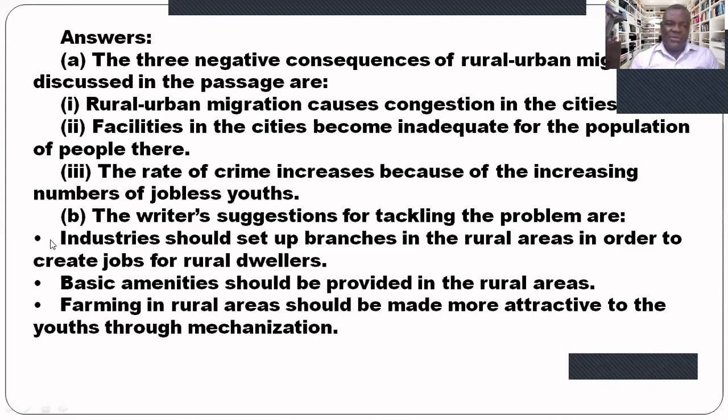Note that this is an omission. Industries should be set up. Industries should set up branches in the rural areas in order to create jobs for rural dwellers. Okay. Basic amenities should be provided in the rural areas. Farming in rural areas should be made more attractive to the youths through mechanization. And that is exactly the way summary answers should be presented. I want to believe that you have been able to capture